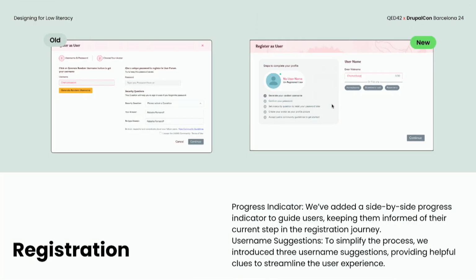Registration. At first we didn't have progress indicators, but in the new one we have a window for that, where if we are changing the username and other steps, it can reflect in that window nicely, so that they can know at what step they are. Instead of having a username and a lot of inputs, you can have the steps one by one.